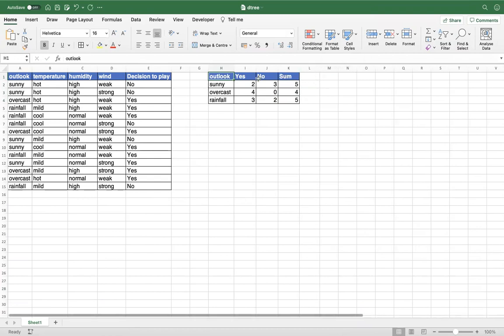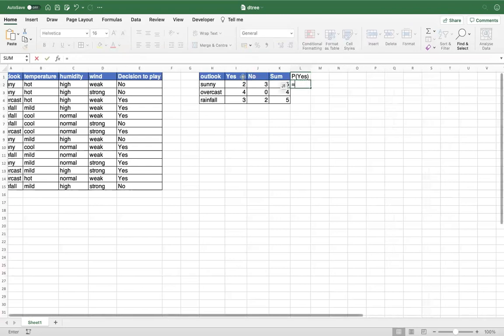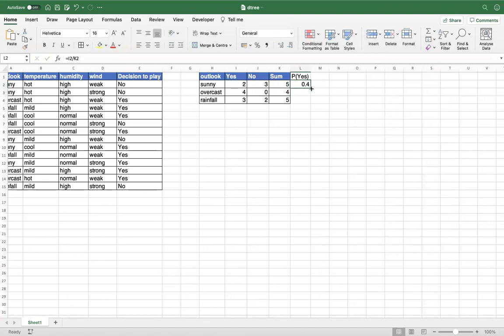So now tell me, whenever outlook is sunny, what is the probability of playing? 2 by 5. Very good. Agreed? And whenever outlook is sunny,